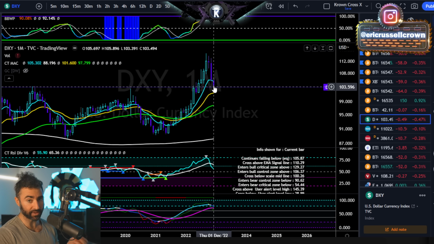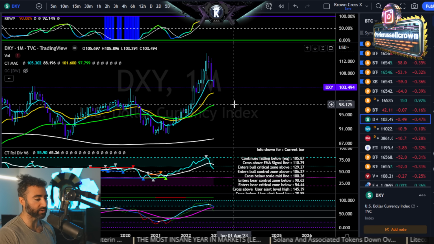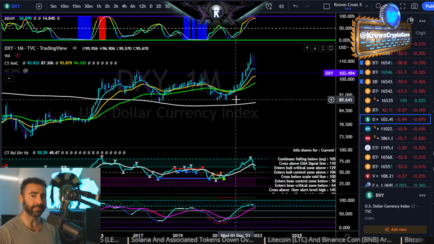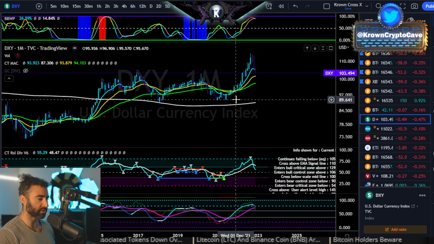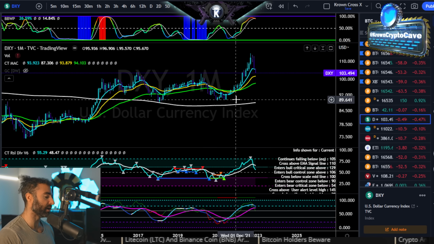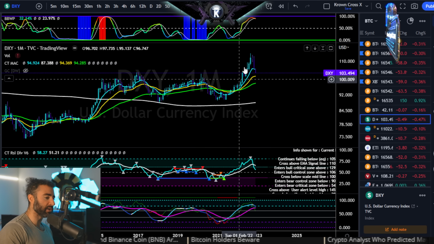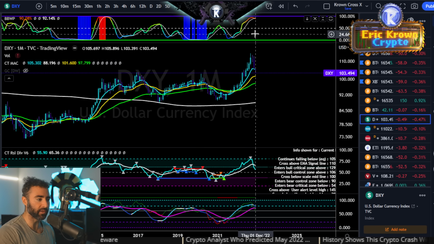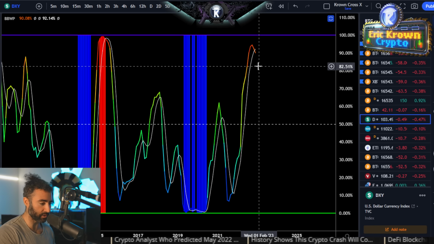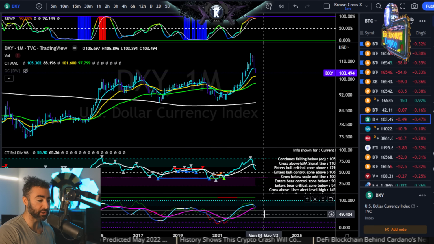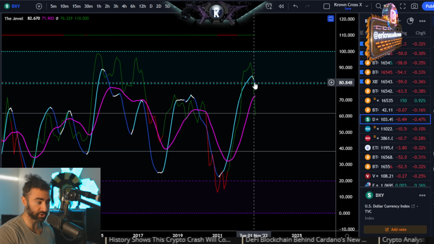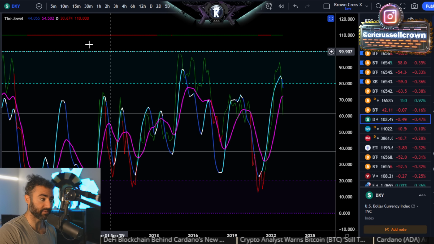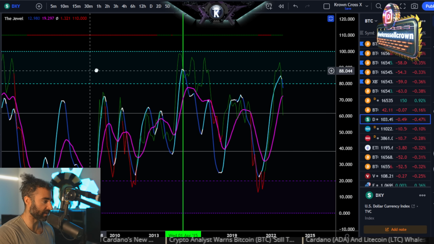Now, personally speaking, I do think that bounce will be faded, and I do think that we will see a little bit south of $100. Now, I am not necessarily bearish on Dixie long term. I think it is still probably bullish, but ultimately, this is going to take a long time for it to sort itself out. So this is going to be accompanied on the monthly by extremes on monthly volatility. And then, of course, the monthly Jewel is also getting its first downside signature in the extreme zones, I should add, since when? Since 2015, which was the last major correction.